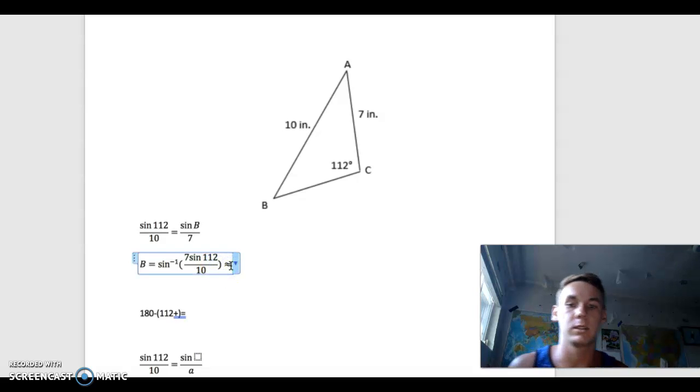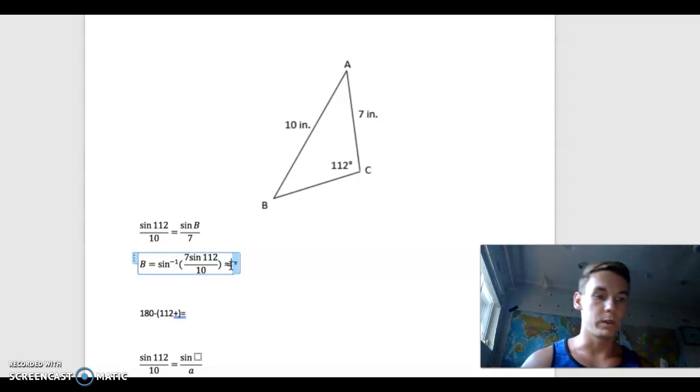Now, this one, you would cross multiply and you have to get the sine away from the angle, so you have to do the inverse sine. So it would be B equals the inverse sine of 7 sine 112 divided by 10, which equals